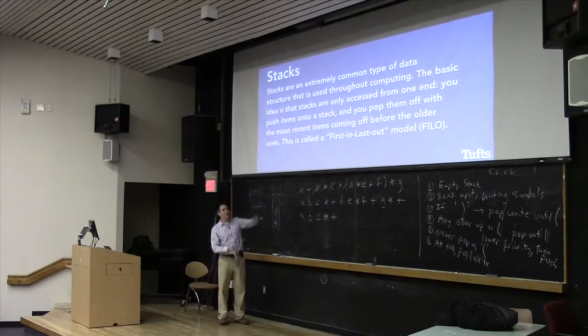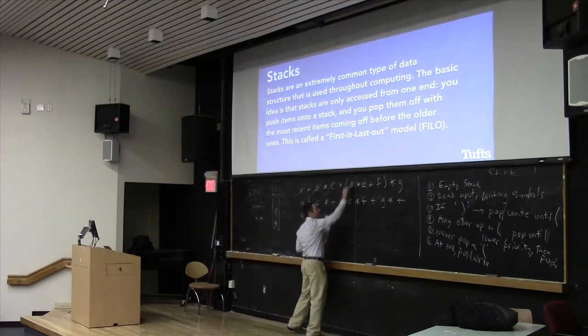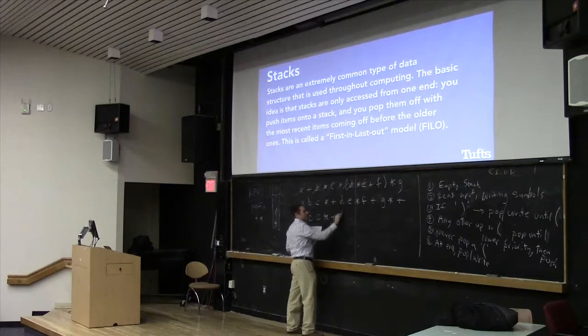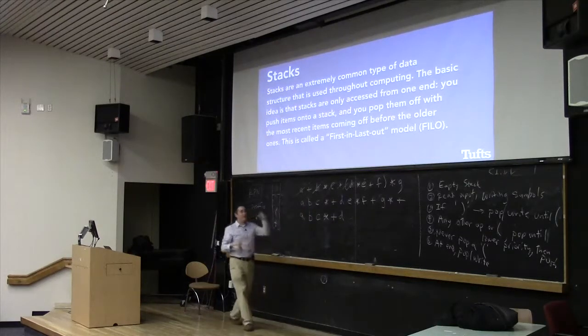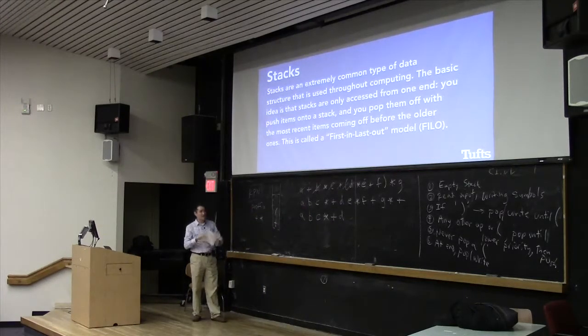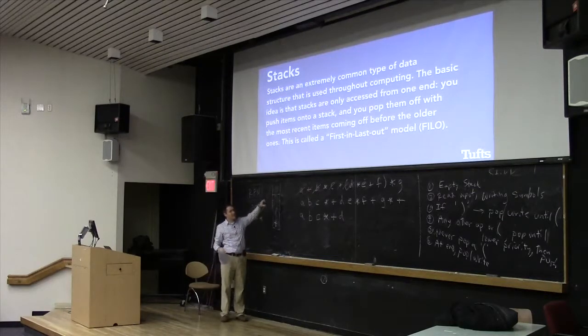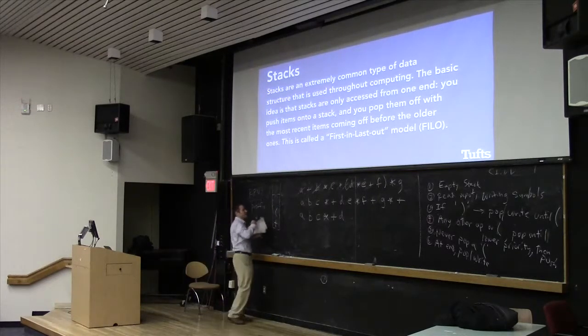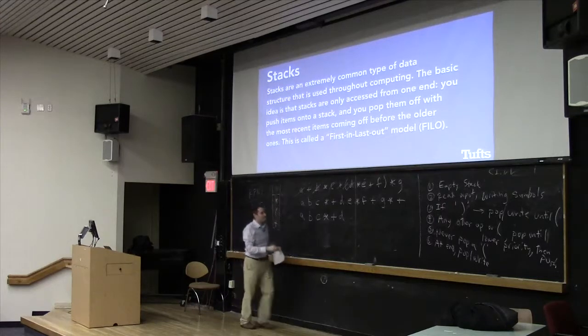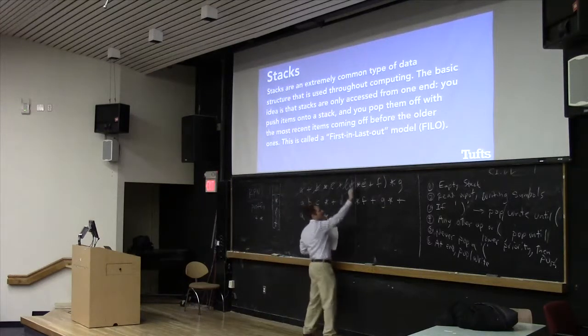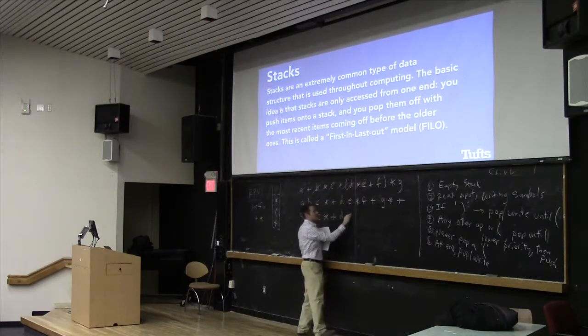Okay. We read the D. The D gets just output. Then we read the star. Okay. Star goes on here. The star gets read, and we say that this is now the lowest priority, so we're going to leave this on here, and we're going to push the star on here. Push the star. Okay. Now we read the E.